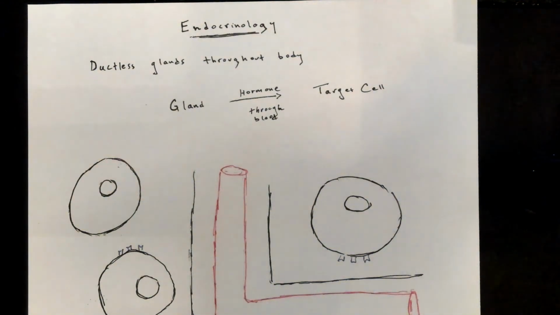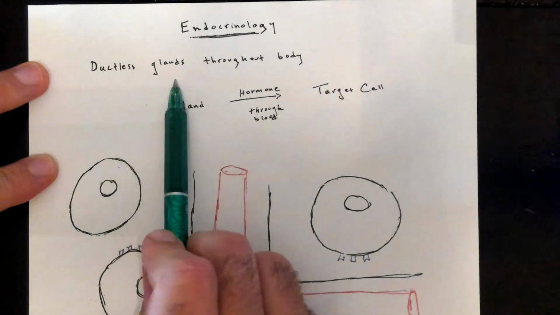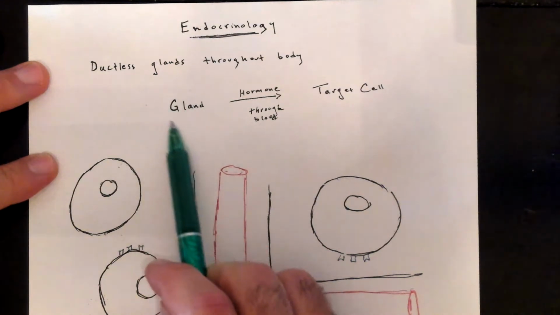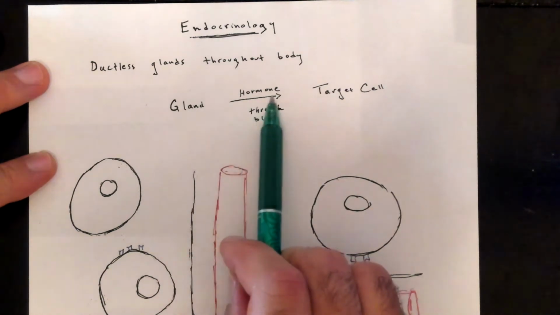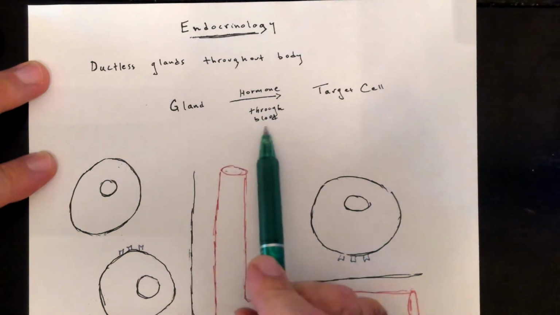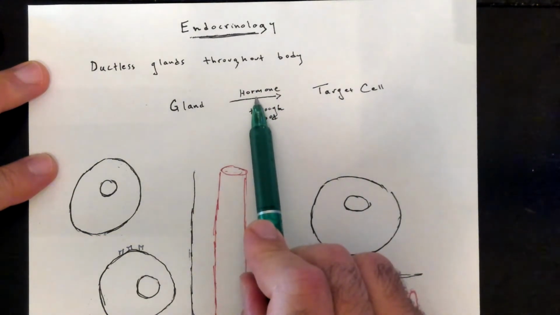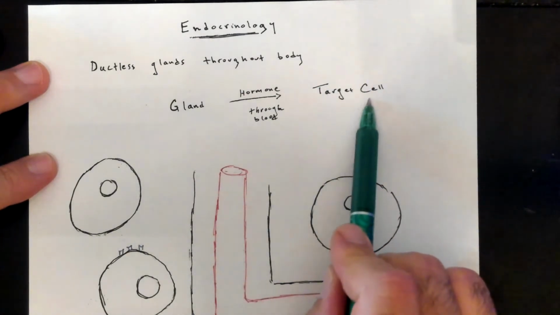We're going to be going over some basics of endocrinology today. And let's just remember that endocrine glands are ductless glands throughout the body. And what we want to think about is that this gland, or group of cells, is going to manufacture and secrete a hormone that typically is going to go through the bloodstream and find a target cell. And what's going to happen is that this hormone, which is a chemical messenger, would then alter the target cell and get it to perform some function